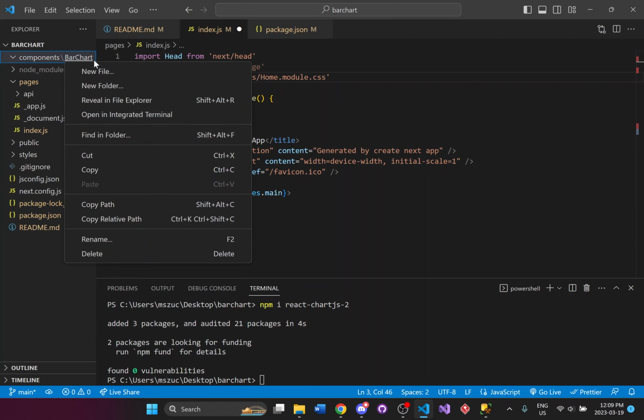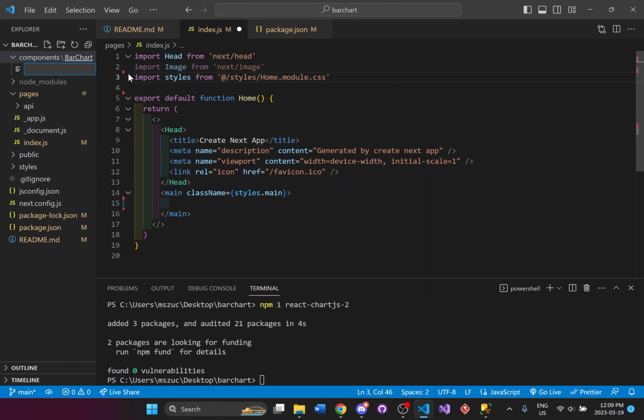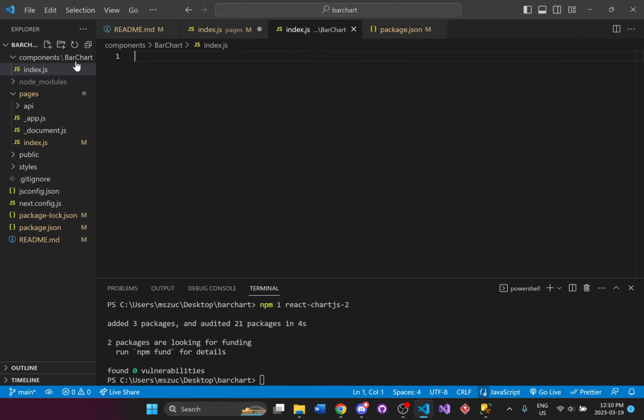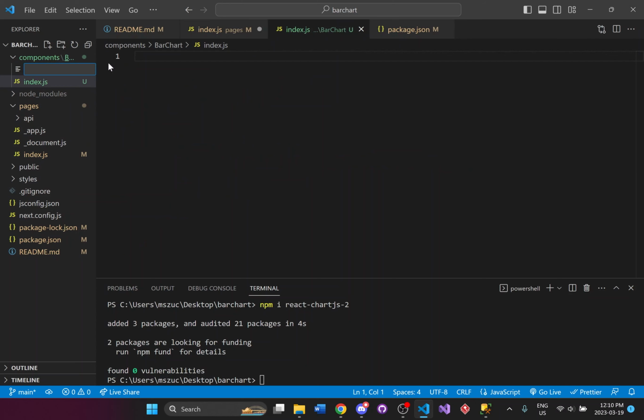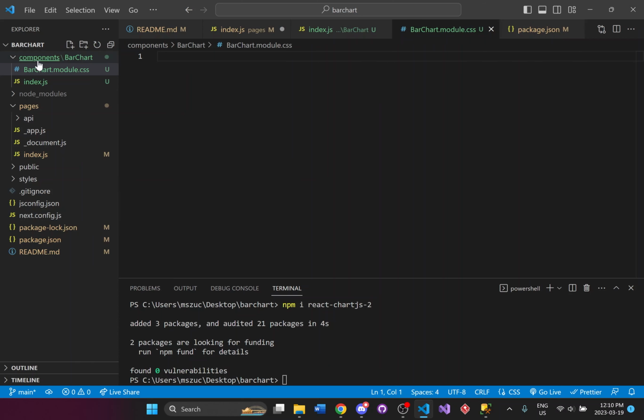And I'll add the two files, which is index.js and barchart.module.css. So these two files in there. And you can see there's components, bar chart, and then these two files inside. So in here, I'm just going to set up the default template.